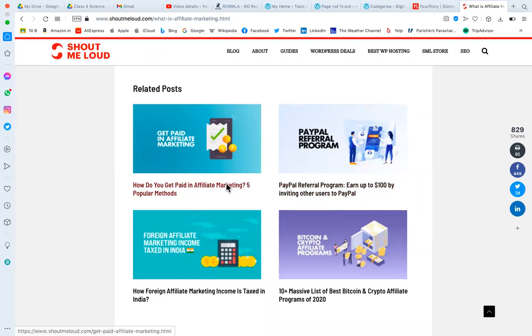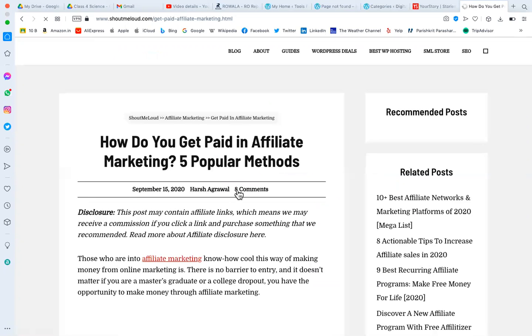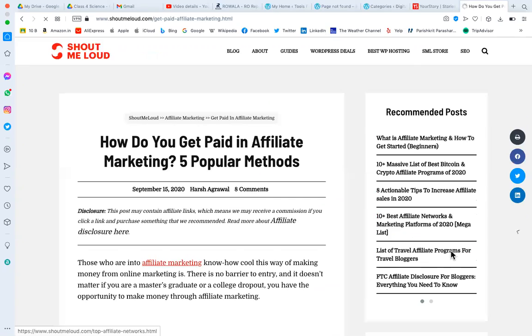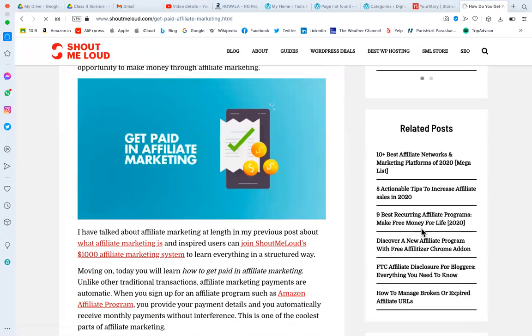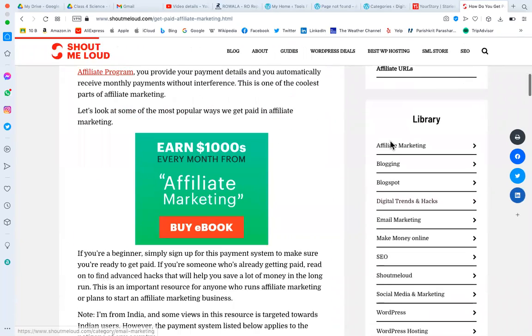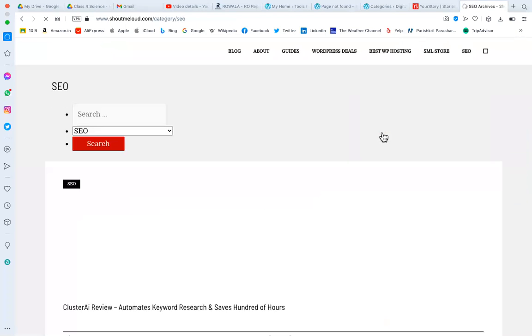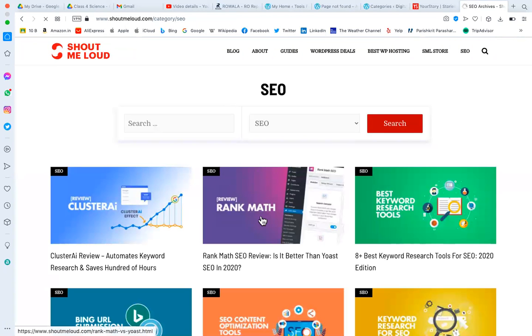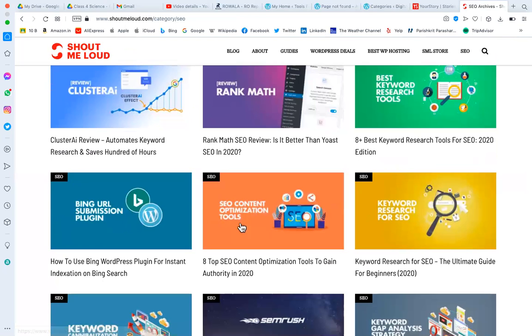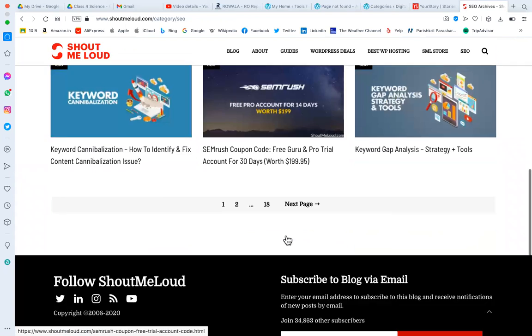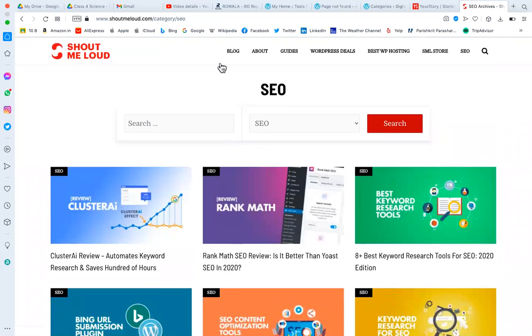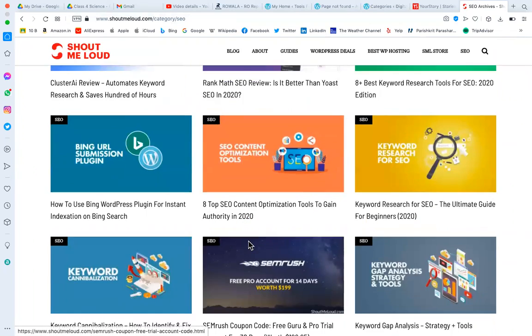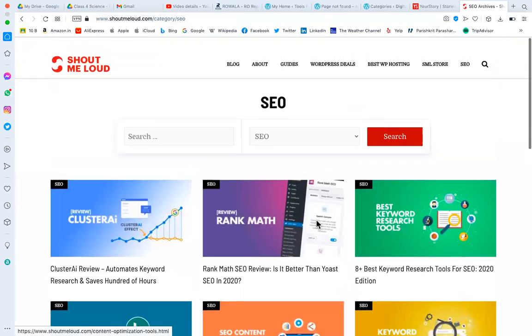Now other affiliate marketing posts are here. So all these are under SEO, which is a category. All the posts under SEO are organized here. SEO is a category. You will see yourwebsite.com/category/SEO, and within this SEO category are all these posts. If you want to change the category,